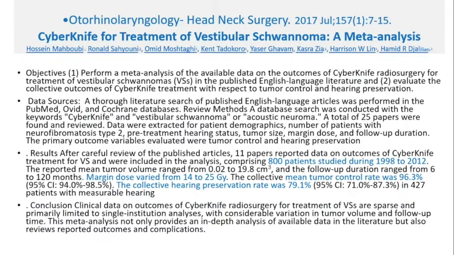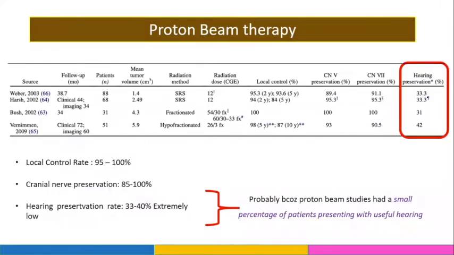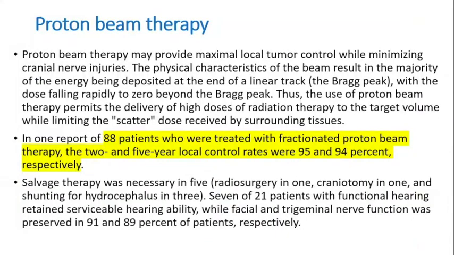And this recent meta-analysis has also shown that though there is a variation in how people treat these patients, in over 800 patients they have shown that the margin dose is around 14 gray, and if you become fractionated, it might be higher, but the hearing preservation rate as well as the facial preservation rate seems to be good with local control. Proton beam, again, there are some attempts at an SRS kind of treatment, but usually it is fractionated and local control rates are good, but hearing preservation rates again are not very encouraging. So I think